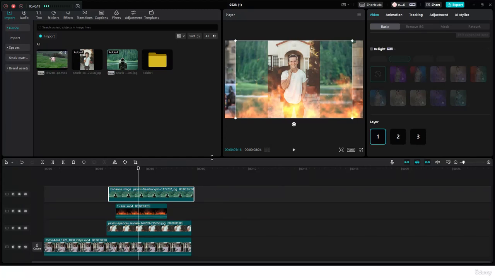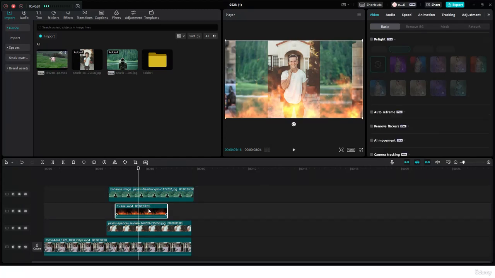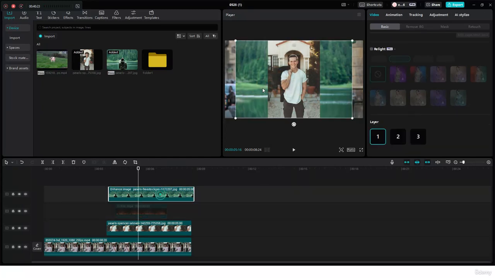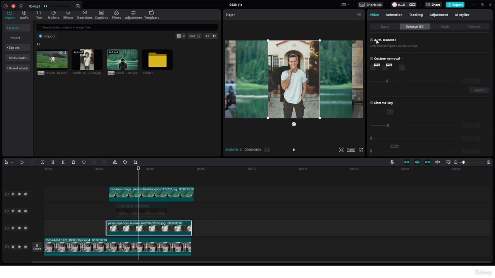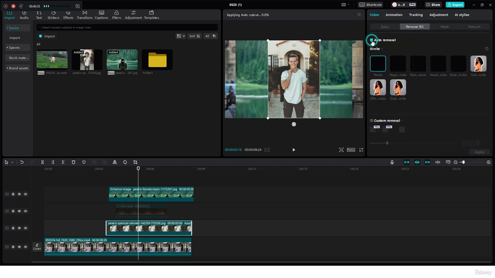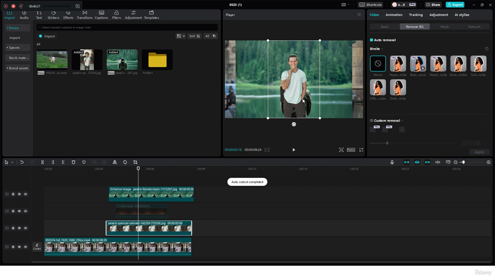Let's move on to another thing that you're going to be using a lot and you're going to find it super cool, which is removing background from humans, basically. So let's use this one for example, and you're going to go to remove BG. This is super easy because you only click on this and it auto removes the background, as you can see,